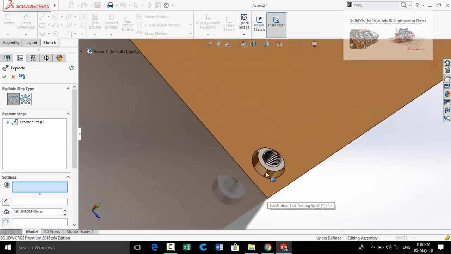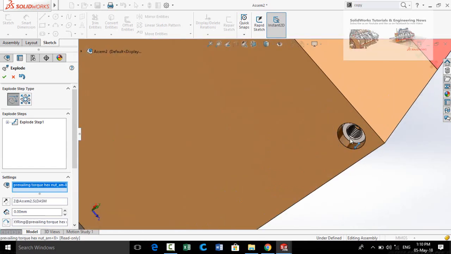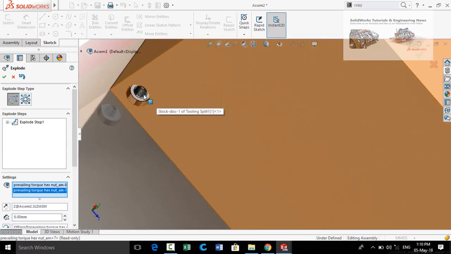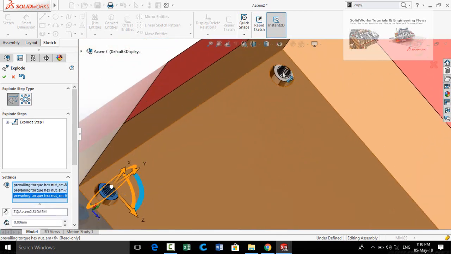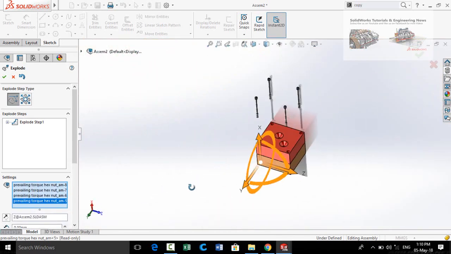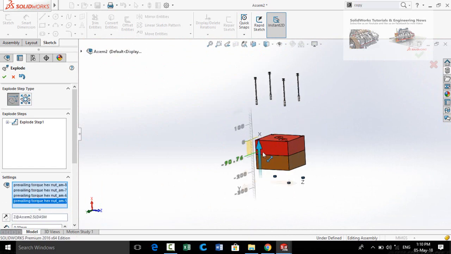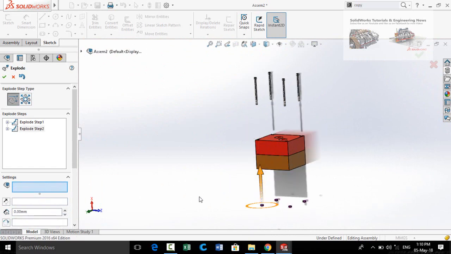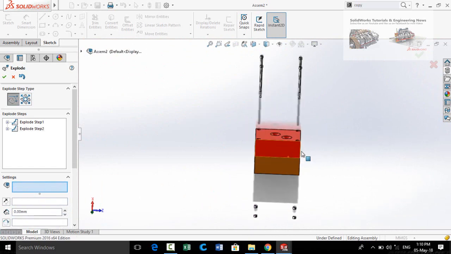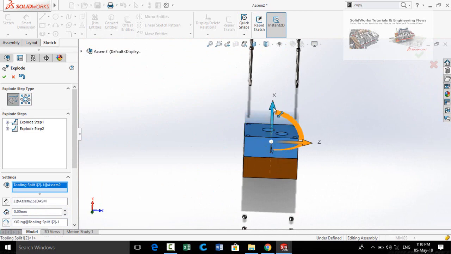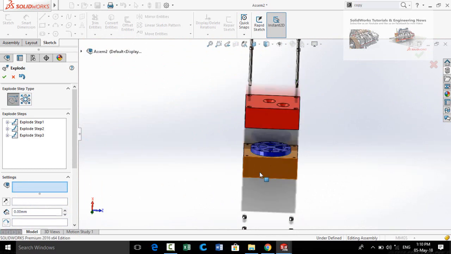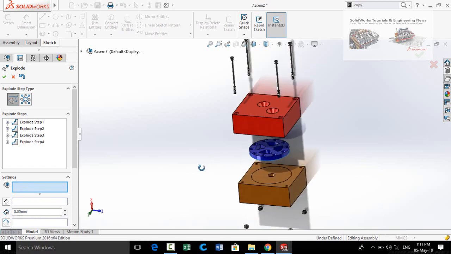Then select all the nuts one by one. And drag them downward. Now select this part and drag it upward. Also select this part and drag it downward.